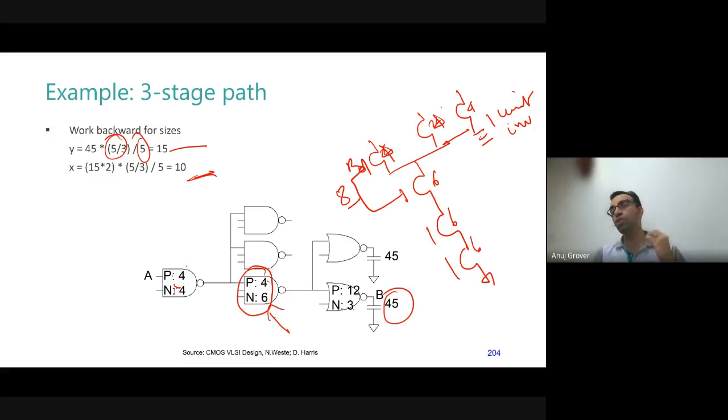You don't need to go into exact isolated drain capacitance, shared drain capacitance. That is a detail. At a top level, it's a 3-input NAND gate. Okay, put P equal to 3. I don't even look into whether it is a shared drain or not. I know as a layout designer, I will design it to be the lowest capacitance. I will do that when I'm making the layout. But when I'm sizing the entire chain, I have hundreds and thousands of gates to size. I cannot go into each and every shared source and shared drain kind of detailing.